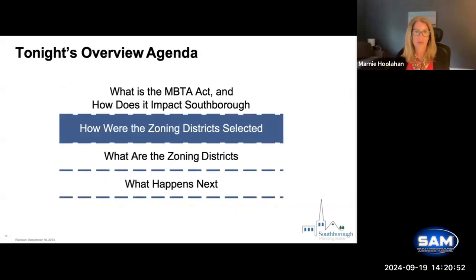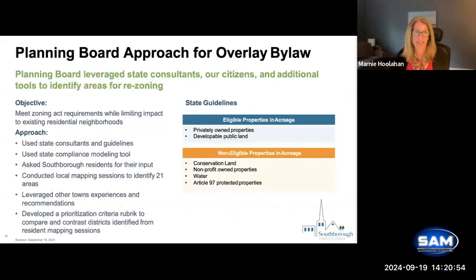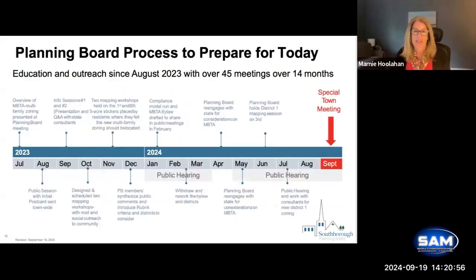So next, let's get into how the zoning districts were selected. Over the last year and several months, the planning board has developed and deployed education and outreach since August 2023, and we've held over 45 meetings over the 14 months. This is an eye chart. I'm not going to read through it, but I think it's important to share that we've done our best to